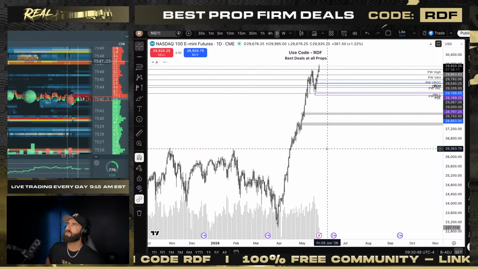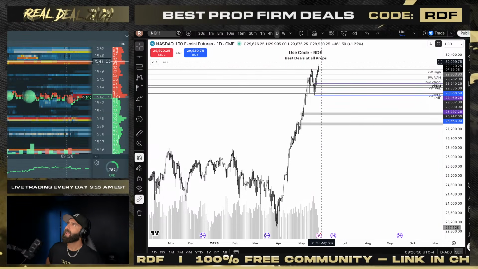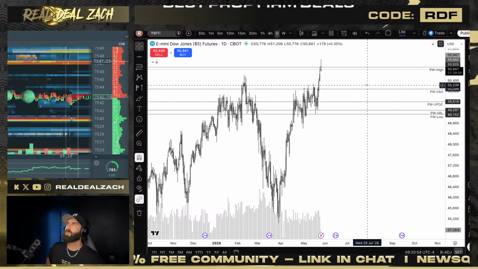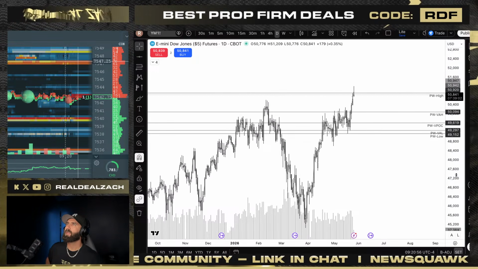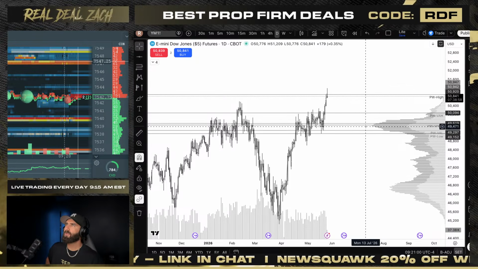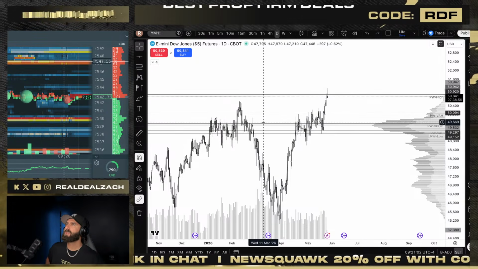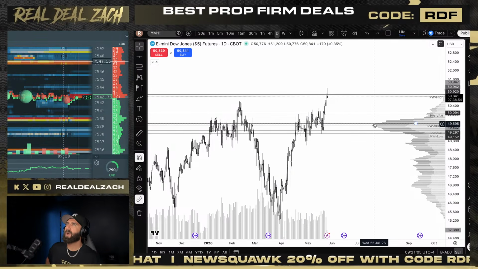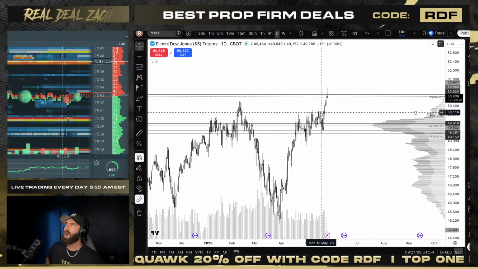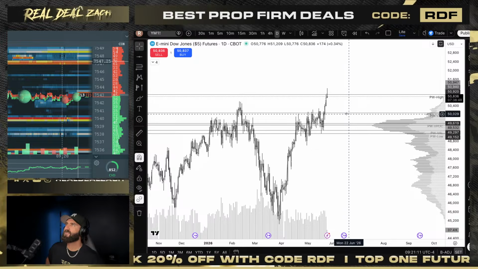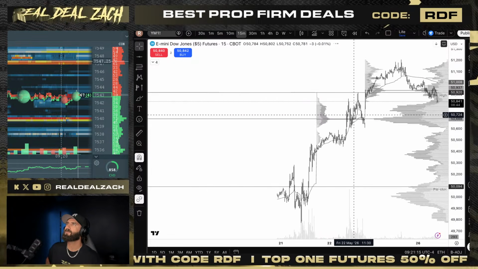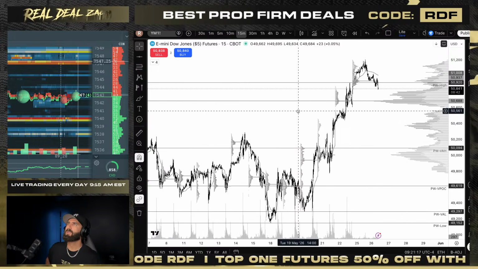Big continuation to the upside after a nice pullback. I'm kind of interested to see where we go from here. I really am. But first and foremost, let's go ahead and get some discretionary levels marked up here. Yeah, we got some nice overlay down here. Obviously, this is just such a key spot. Prior week's volume point of control is the line in the sand right there. Up above the highs, value area high from prior week is really a clean level. These are actually really nice.